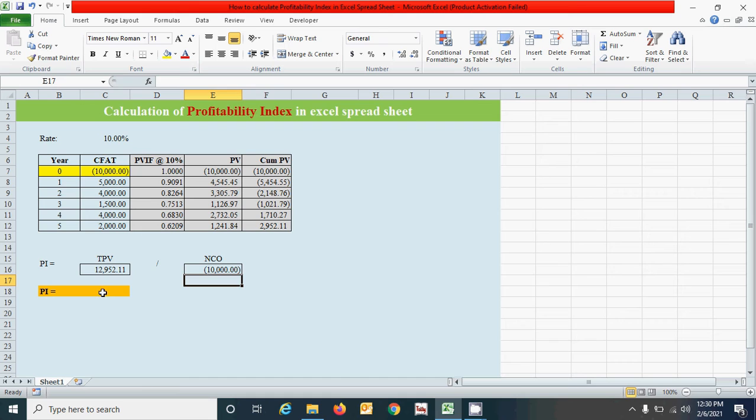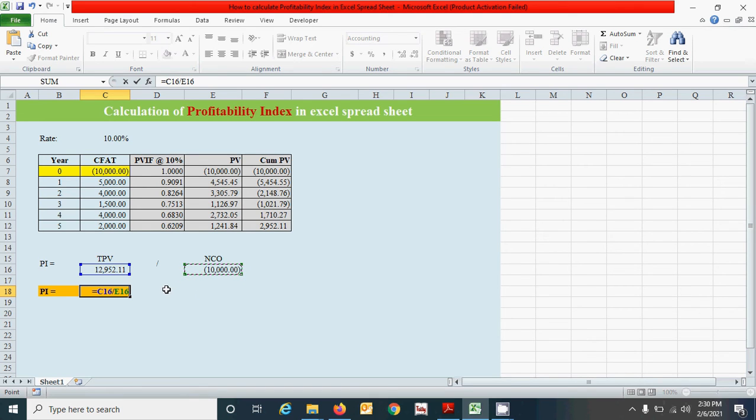For our final answer, just divide TPV by NCO. Press the equal to sign, click here, press the divide sign from your keyboard and click here.